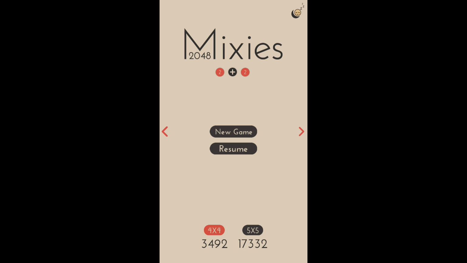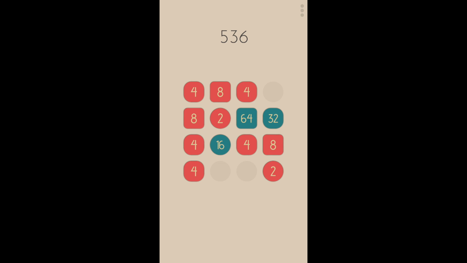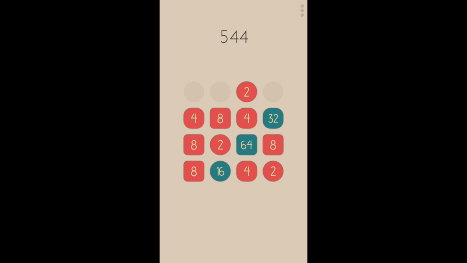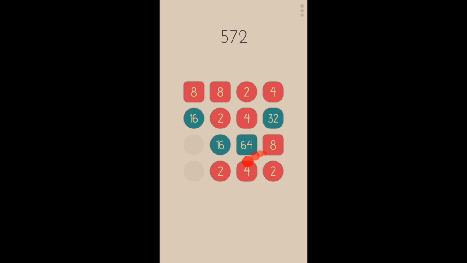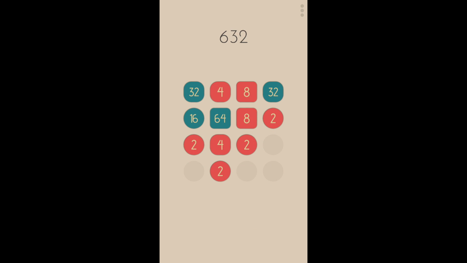So this is the main screen of Mixies 2048. You can see there are two different styles. There's 4x4 and 5x5. So this is the 4x4 grid, and if you've played 2048 before, this will look incredibly familiar. This is your standard 2048 grid, and if you've never played 2048 before, the goal of the game is